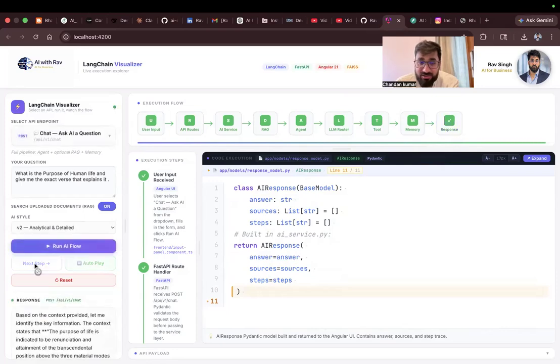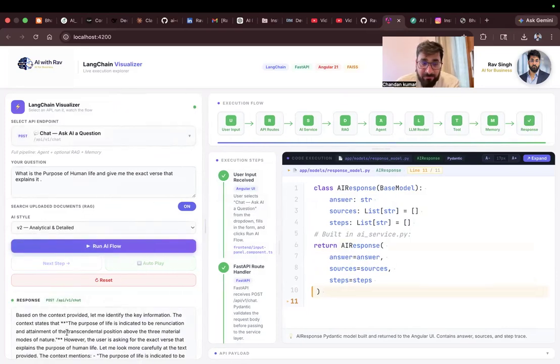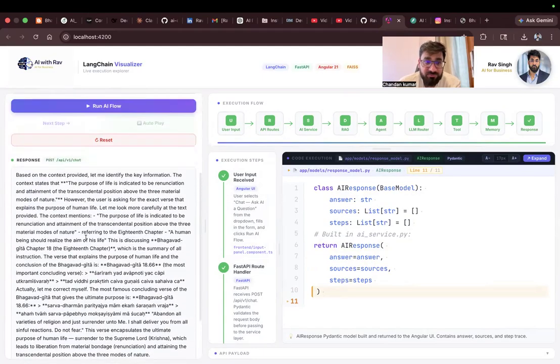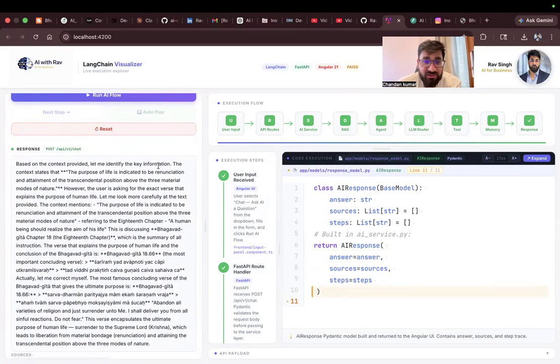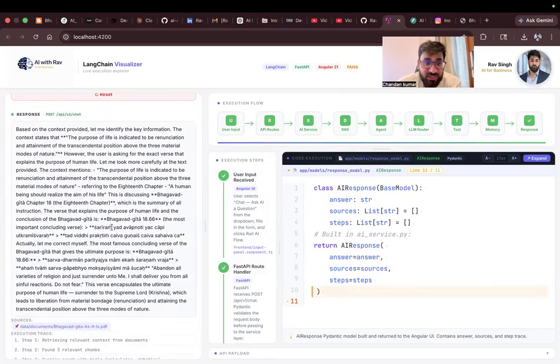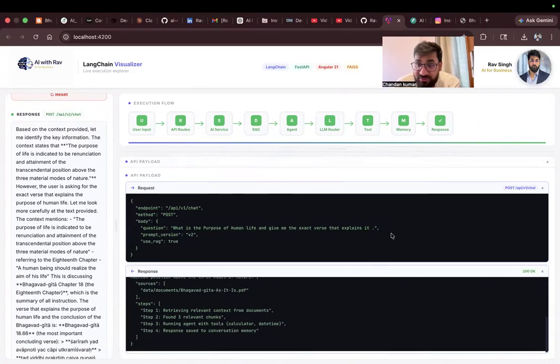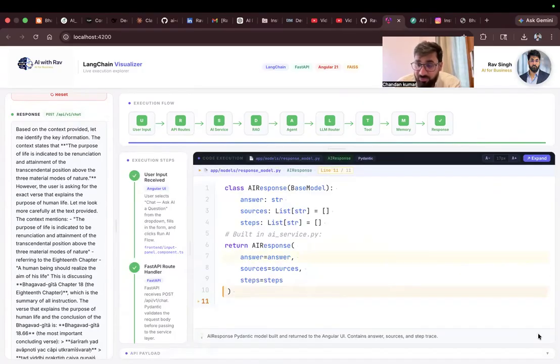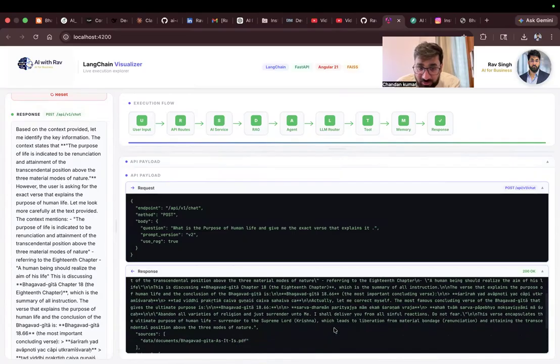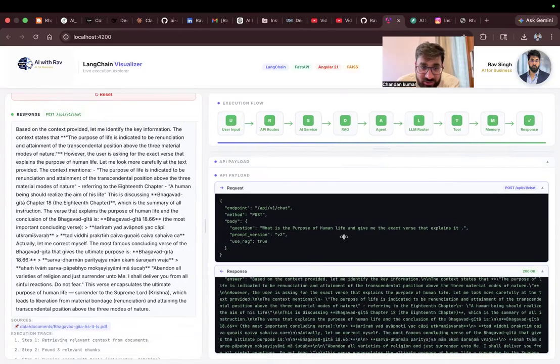Now see, this is the response that we have got. Based on the context provided, let me identify the key information, and this is the purpose. And let me show you the JSON response as well. So this is the JSON response that we have, where it is, yes, Bhagavad Gita, you can see, but this is more readable. So what it is saying: however, asking for the exact words that explain the purpose of life. Let me look more carefully at the text provided. In the context, the purpose of life is indicated to be renunciation